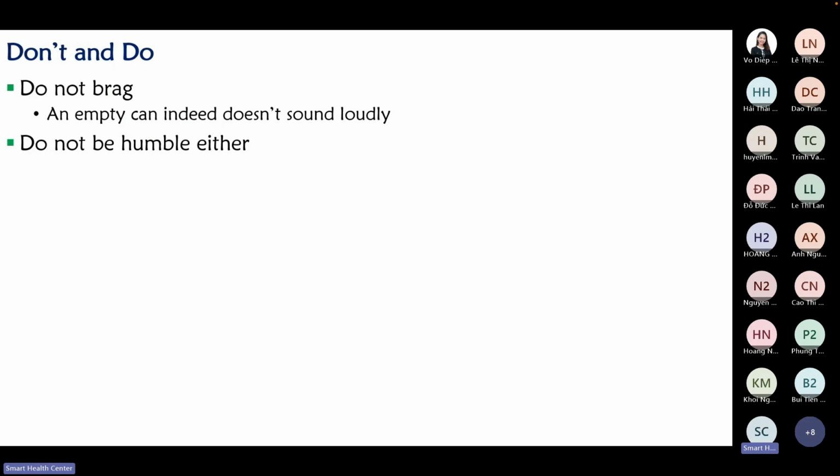So do not brag, but do not be humble either, right? Don't say, oh, it's a very simple solution. You don't want to make them feel like, why did this group spend half a year on this paper? I understand the solution in 1 or 2 minutes. Don't be humble either. You have to tell exactly how novel it is, but don't write the whole journey either. Oh, I approached this problem this way, and then eventually 5 days later, I figured out it's wrong. Do not write your journey.